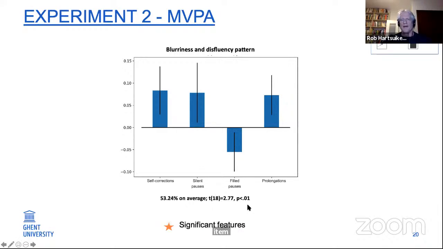But interestingly enough, none of the 4 disfluency types here was a consistent predictor across participants, suggesting that even though the pattern of disfluencies for each participant has information about whether the person is naming a blurry or a non-blurry item, those patterns are not identical for different participants. They have a variation in ways in which the blurriness effect reflects itself in their disfluencies.